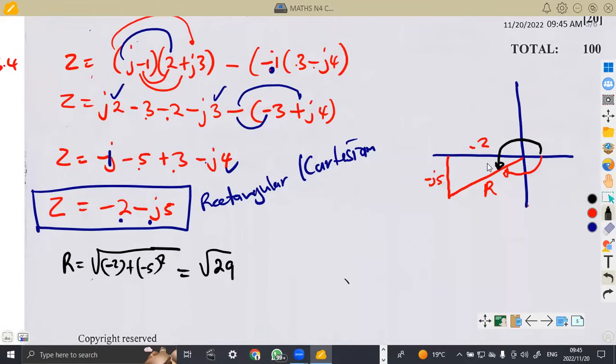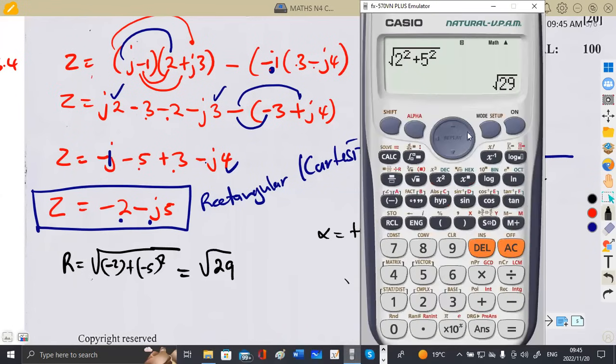Then we calculate alpha, which is the angle inside the triangle, the one that is going to help us to calculate the actual angle, which is our theta. So knowing that we've got the opposite and the adjacent, we're going to apply arctan. So alpha is equal to arctan opposite over adjacent, which is 5/2. So it's actually -5 over -2, which is arctan 5/2. So arctan, shift tan 5/2, which is going to give us